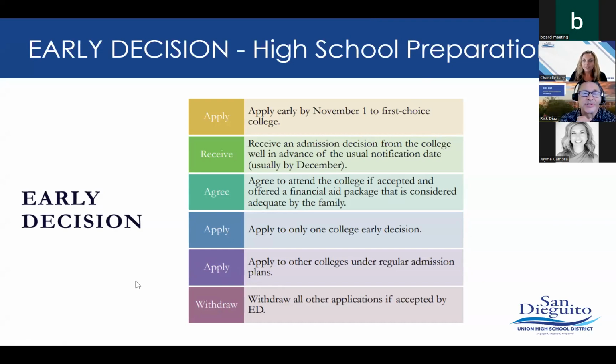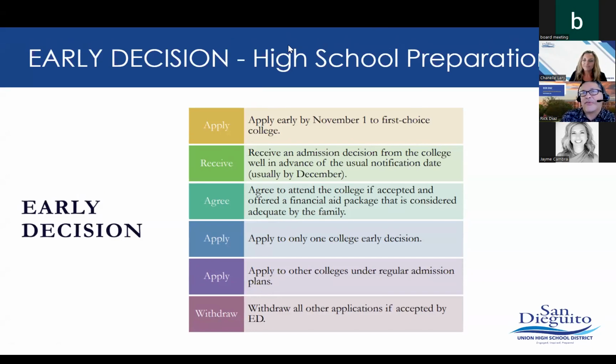Chanelle, I'm going to jump in for one quick moment. On the third bullet point about financial aid, this is where every student parent suddenly becomes a lawyer. There is my loophole: adequate. I'm sorry, you didn't give me enough money, so I'm going to put my hooks in the water with other schools to see what kind of scholarships they give me, and then, sorry, my other school is admitting me with more money. Sorry, the school that I applied early decision to wasn't adequate enough.